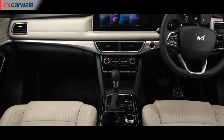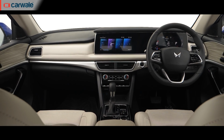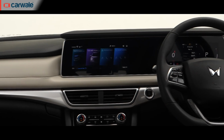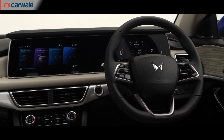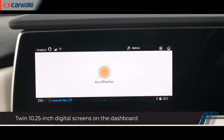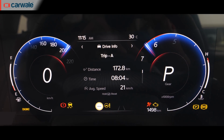Now Mahindra has made it clear that the brand will be focusing on putting technology first into their products from now on, and it clearly shows as you step inside the XUV700. The top spec AX7 variant that we have here has everything one would expect in terms of features and connectivity tech. You get a 10.25-inch infotainment screen and next to it another 10.25-inch screen for the instrument console,